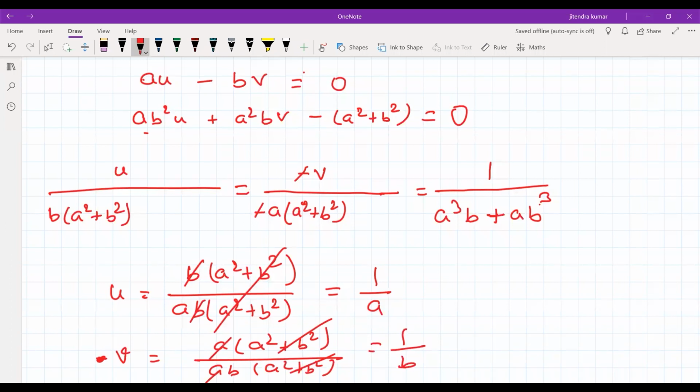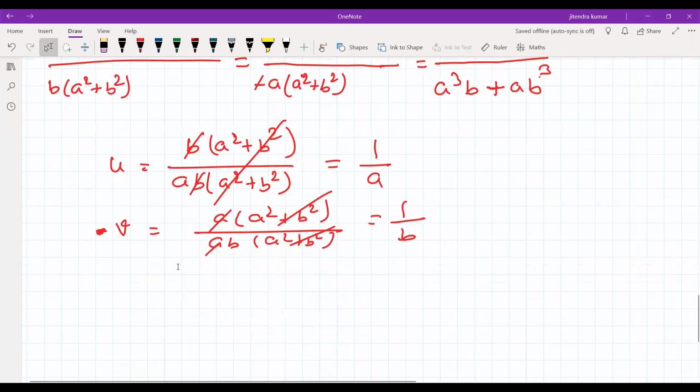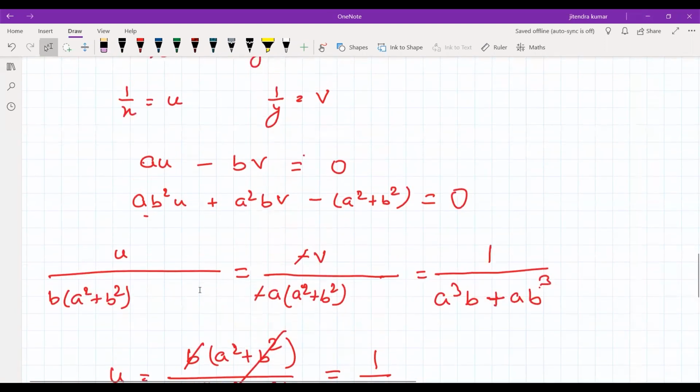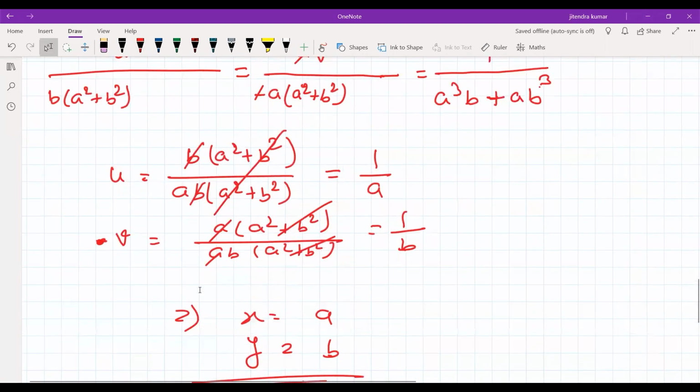So u is equal to 1 by x, so 1 by x is equal to 1 by a, it means x is equal to a here and y is equal to b here. Okay, so is it clear to everyone? So let's,